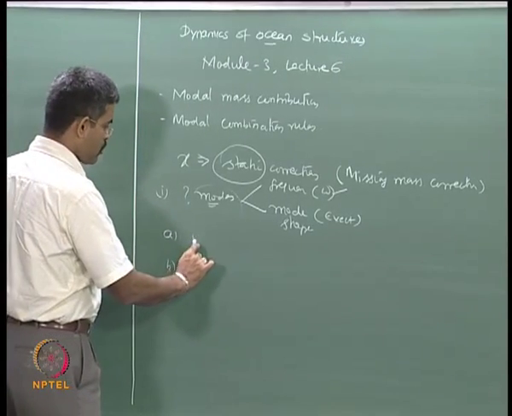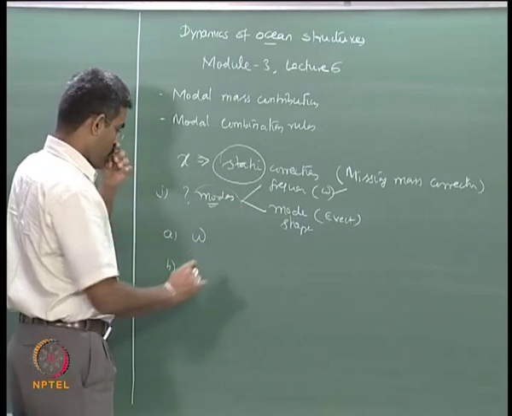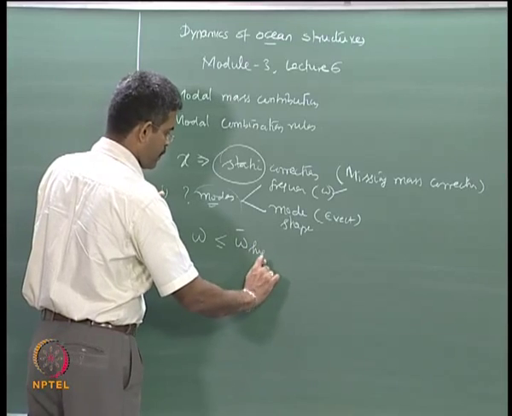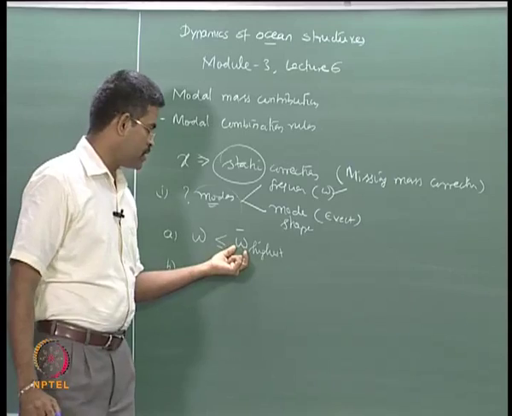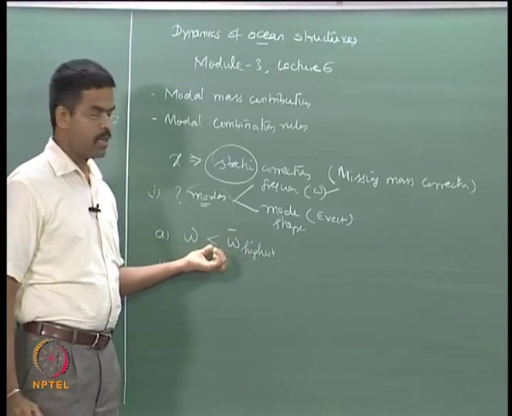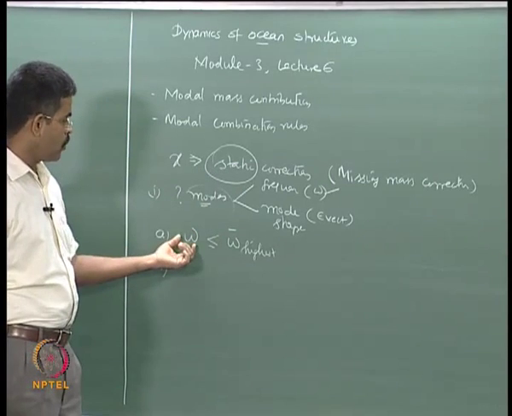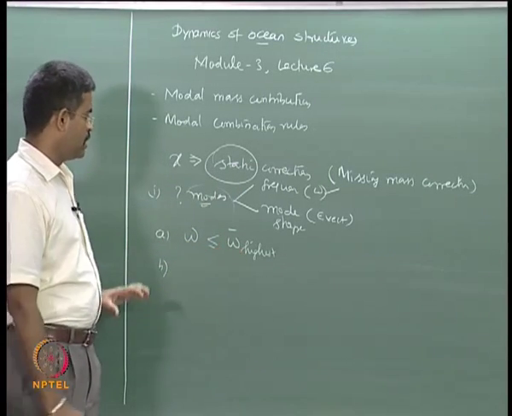One, do not include any frequency in your argument which is lesser than or equal to omega bar higher. For example, if a forcing function has a highest frequency of omega bar, do not avoid any frequency content in your analysis which lies within the highest frequency of the forcing function.